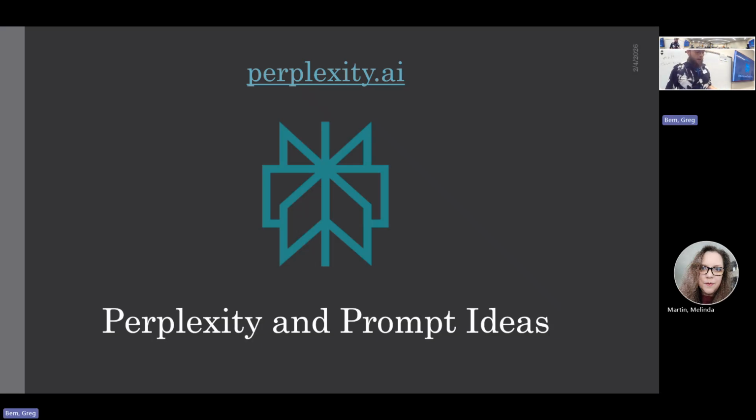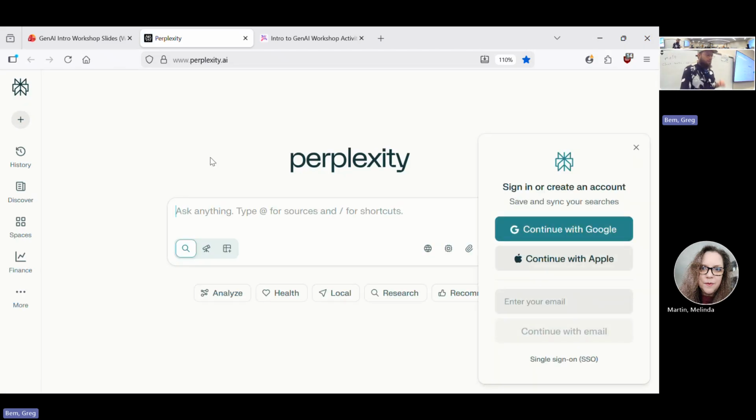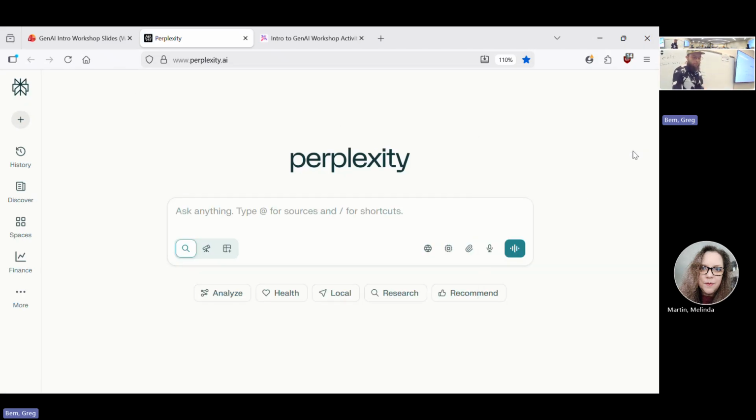So I haven't even shown anyone any examples of AI. It seems like most people in the room have used AI, but maybe not everyone. So I'm going to show you a tool that I like to recommend to students because it is not going to provide information without sources. Every time you use Perplexity, you will get sources in the response.